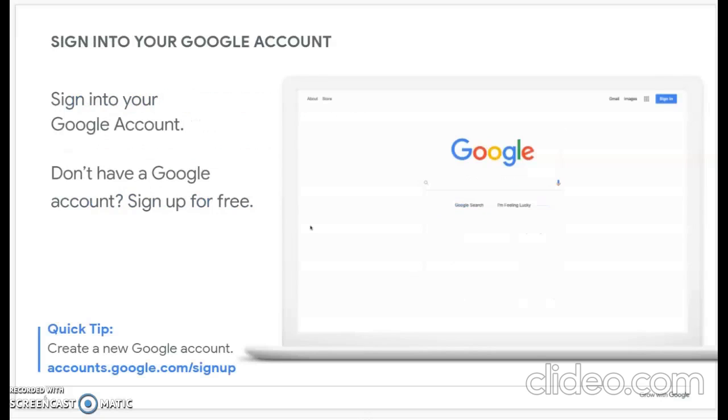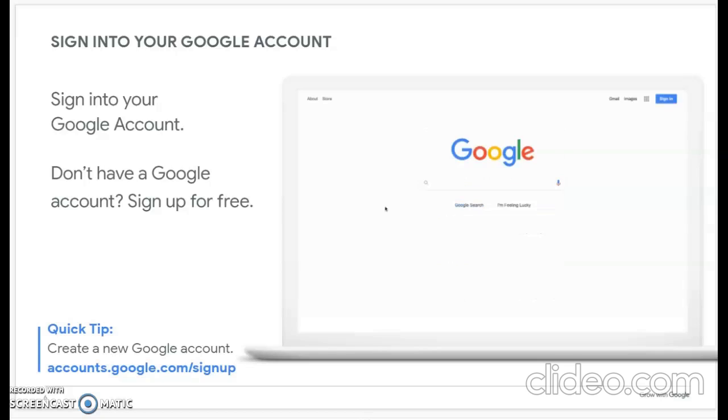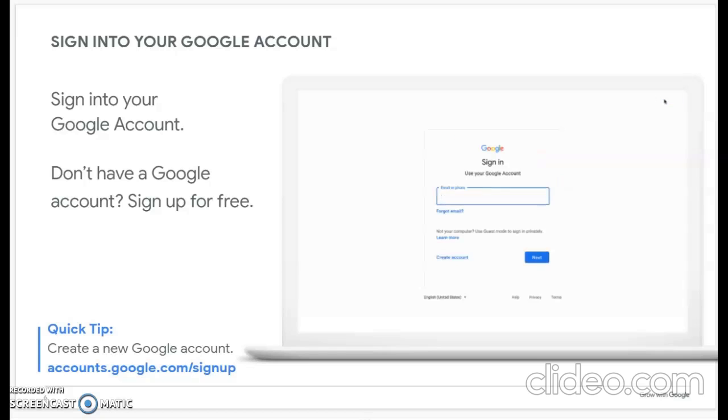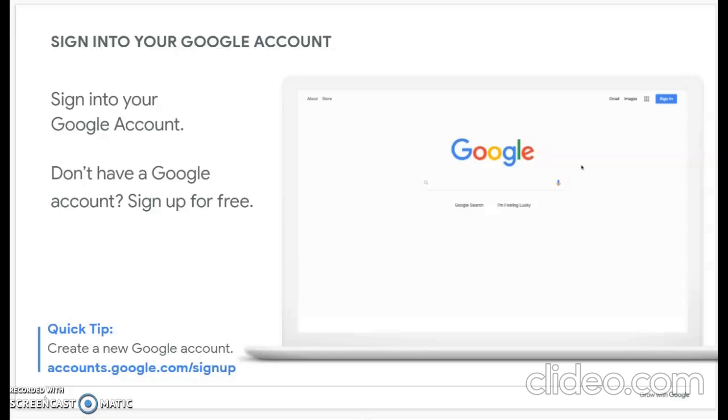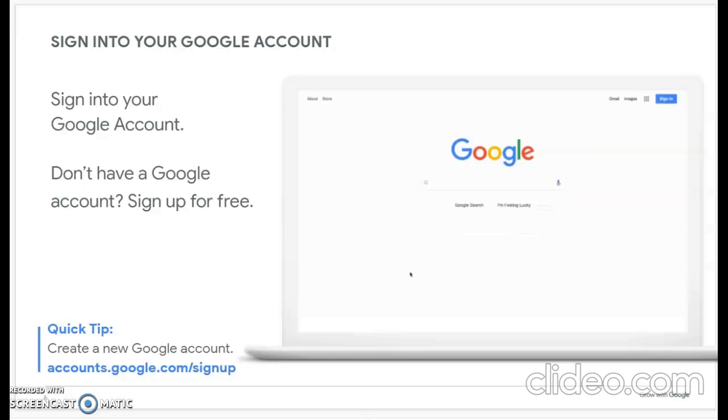To use any of the tools I'm going over today, you need to be signed into your Google account. The GIF shows an animation of how to sign into your account. If you don't have a Google account, you can set one up for free. You can choose to get a new Gmail email address, or you can use another email address you already have to register for a Google account by visiting